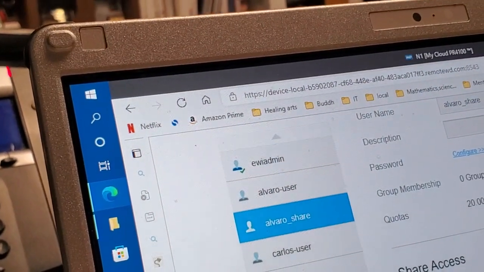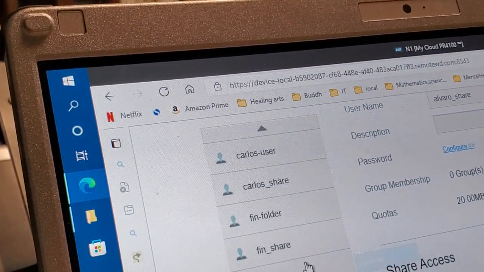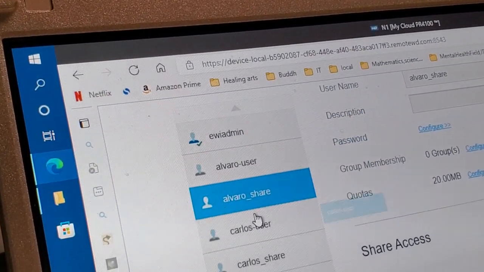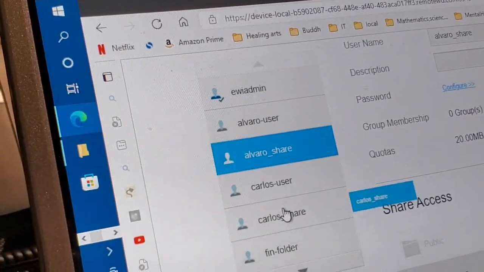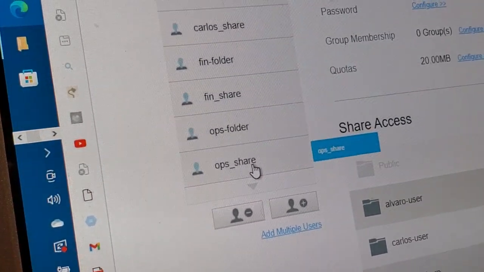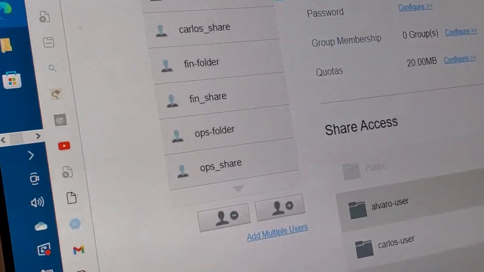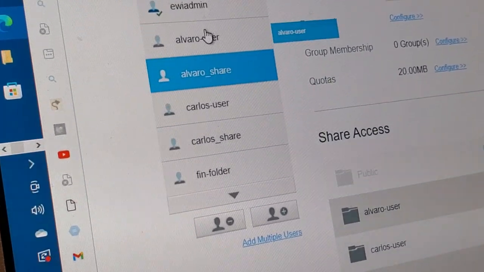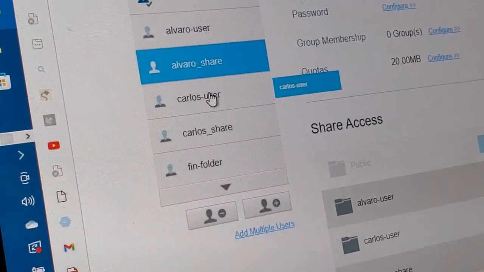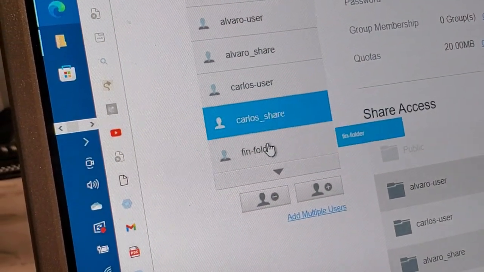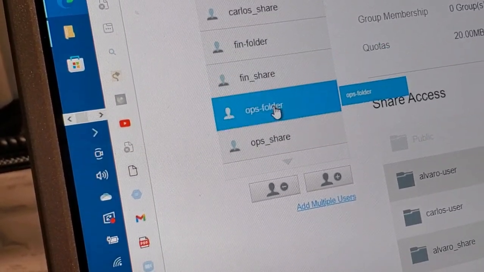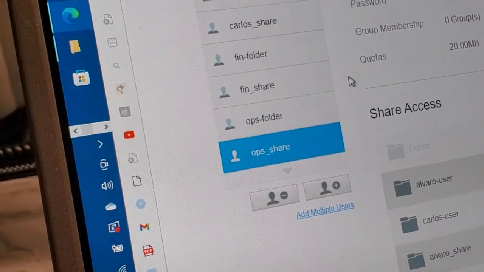So notice that here, how many users do I have? 1, 2, 3, 4, 5. Let's see if I can do it this way. 1, 2, 3, 4, 5, Fin folder, 6, 7, 8. I have 8